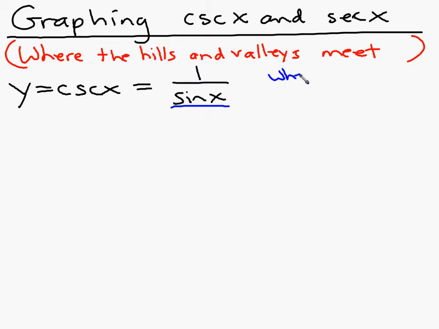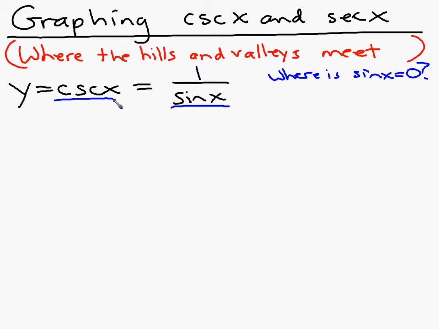So we need to ask, where is sine equal to 0? Because wherever sine is equal to 0, the graph of cosecant is going to have asymptotes,